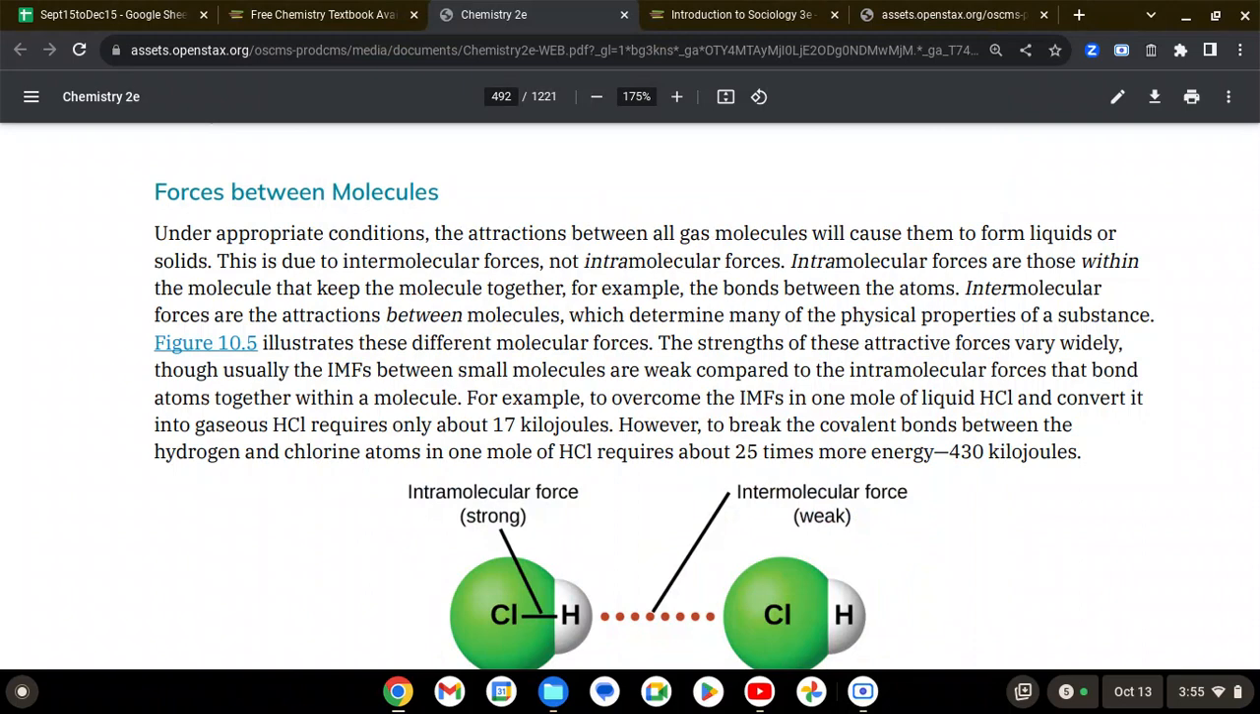The strength of these attractive forces varies widely, though usually the IMFs between small molecules are weak compared to the intermolecular forces that bond atoms together within a molecule. For example, to overcome the IMFs in 1 mole of liquid HCl and convert it into gaseous HCl requires only about 17 kilojoules. However, to break the covalent bonds between the hydrogen and chlorine atoms in 1 mole of HCl requires about 25 times more energy,